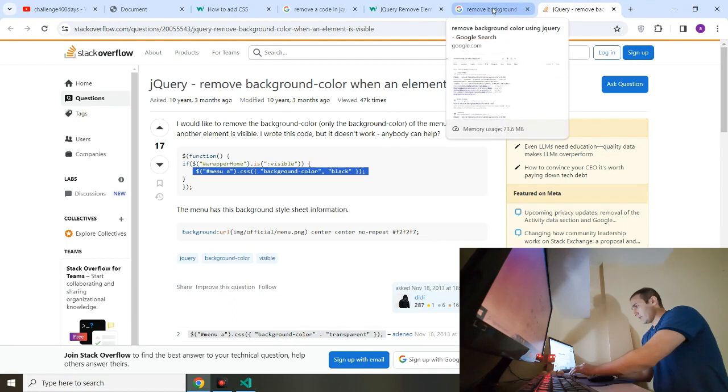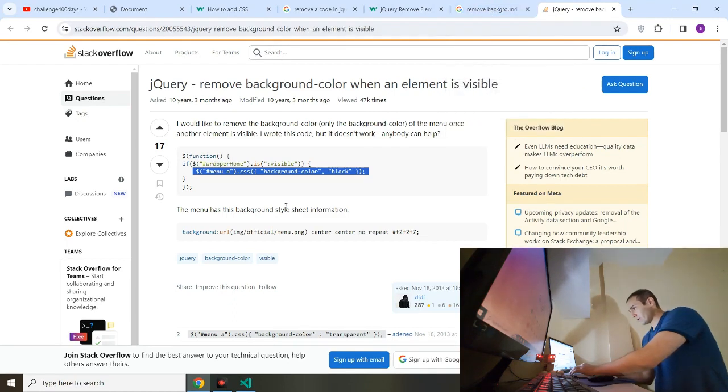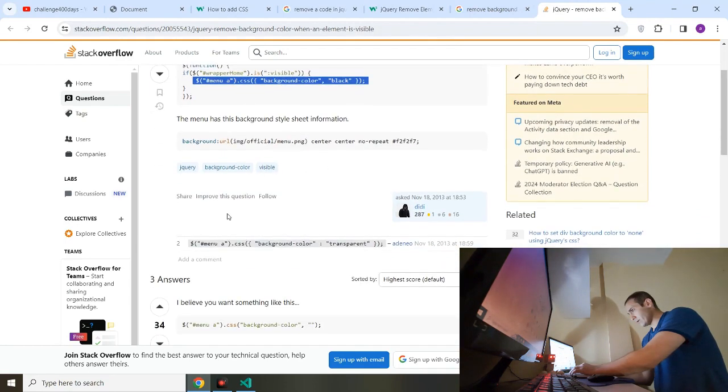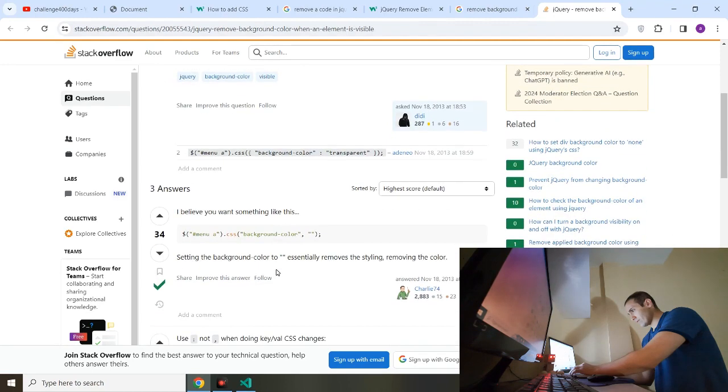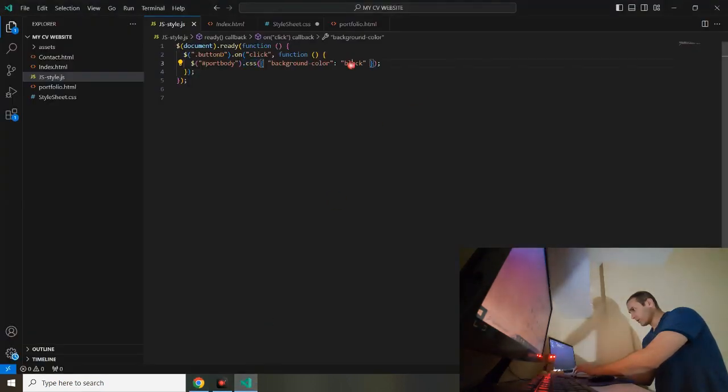Maybe I have to say remove the CSS. The menu has this background style sheet information. So